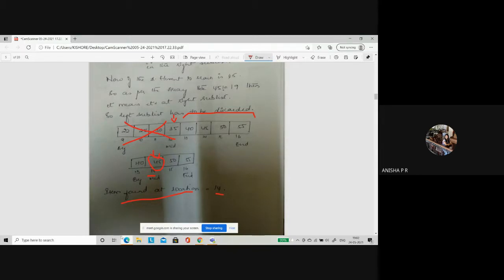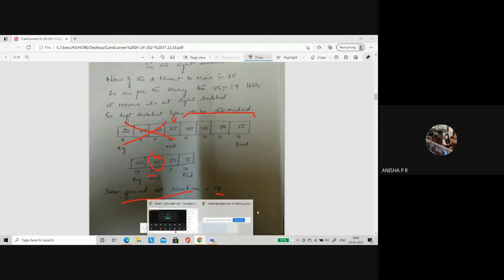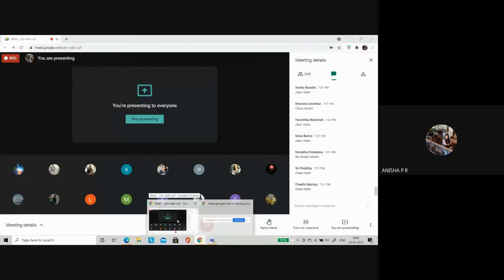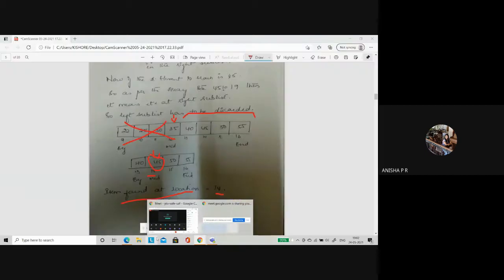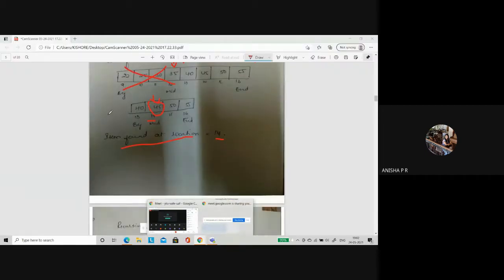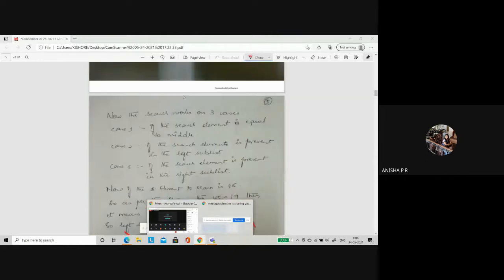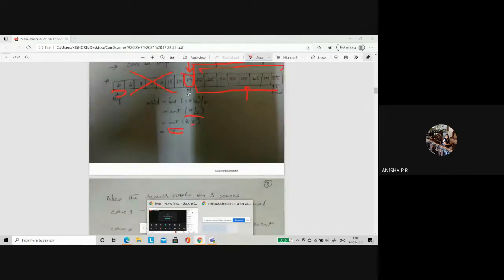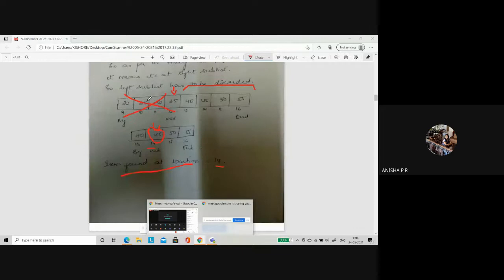Yes or no? It was the same, nothing different. Again finding the middle, again discarding the left, certain parts, again you found the middle, again divided it. So this is how you did. What did you do? One algorithm, when you write one line, you're doing it recursively. That is nothing but you're using the concept of recursion.